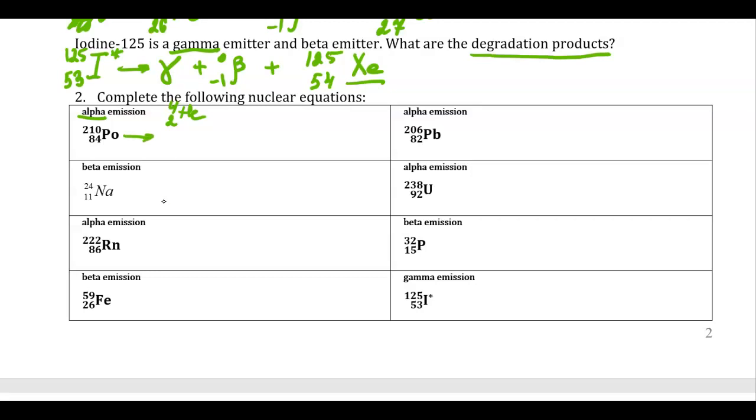Polonium produces 2, 4 helium, right? So the degradation product will be 82, its atomic number, and 206. And the periodic table shows us that it is lead, its symbol. Okay, beta emission means that